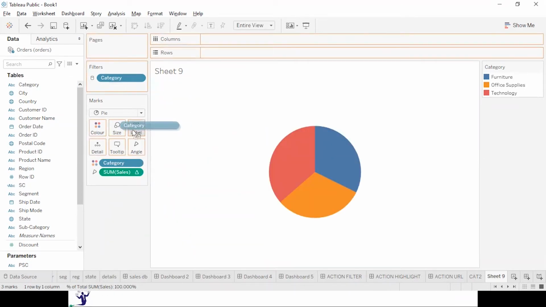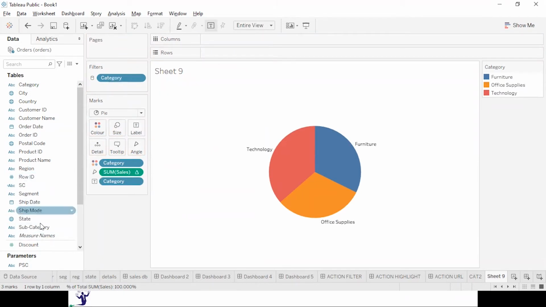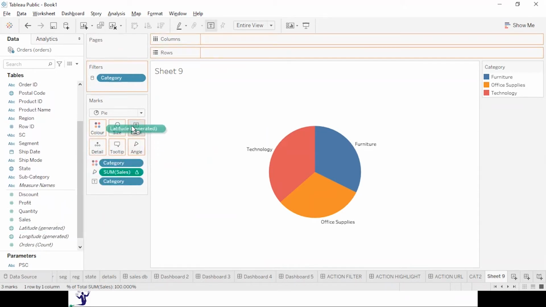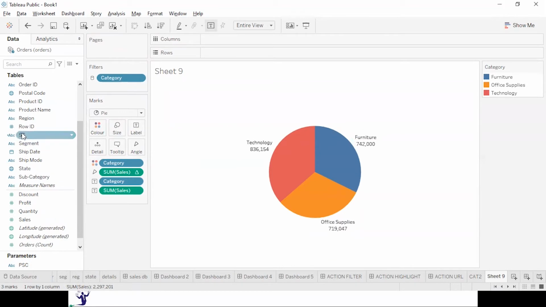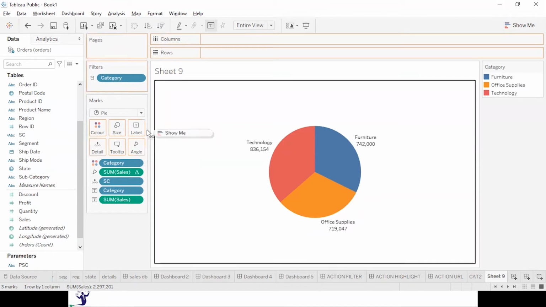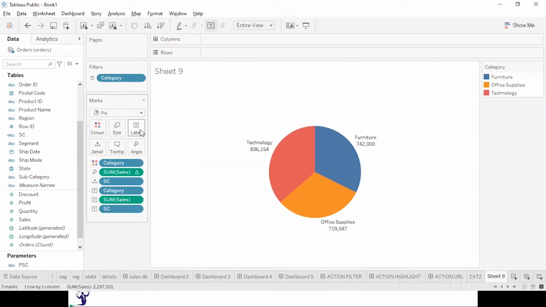Let me put the category into the label. Sorry, my bad. This and sales, here it is. Sales into the label, and I will put the SC into the detail, and also SC into the label, and I would like to put SC into the color. This is better. Yes.